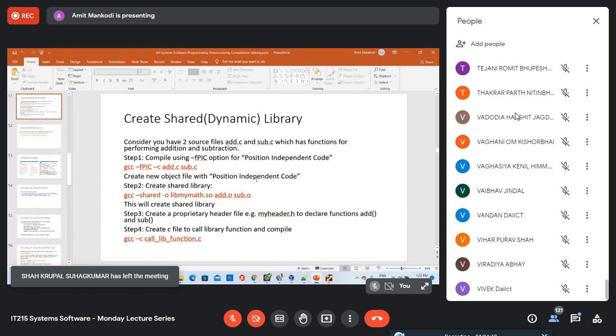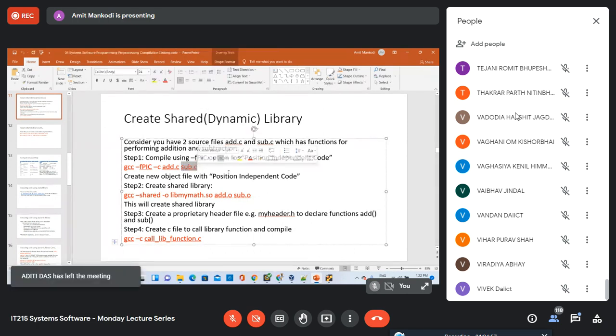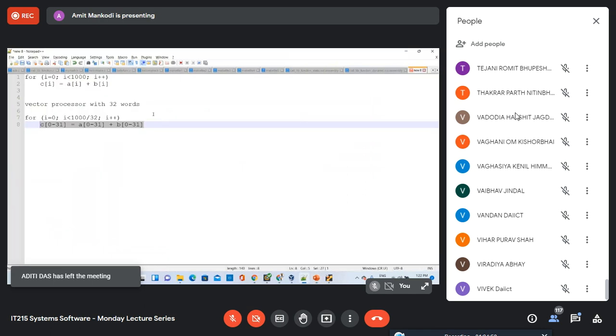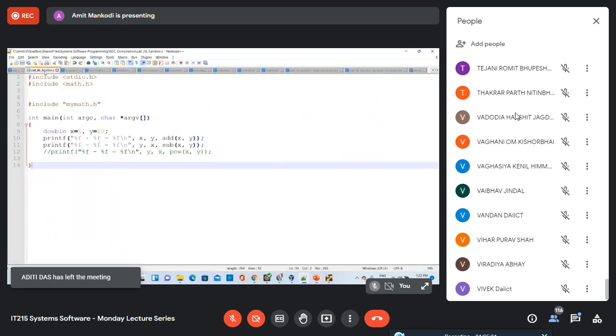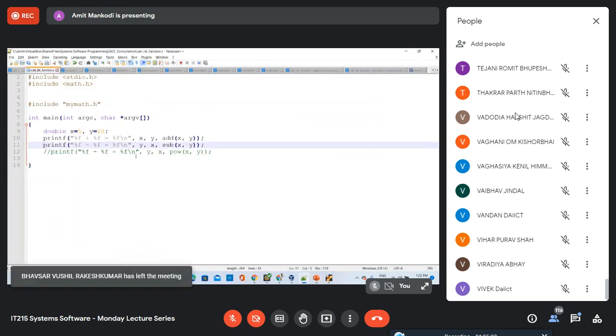Maybe you can try it out since we are running out of time. What I would do to test this is remove the call to the sub function from your executable file. You can modify your file and comment this line out, then recompile, create the executable, and create the disassembly and see what happens. Basically, it will only include the object code of the function which you are referring to in your code.